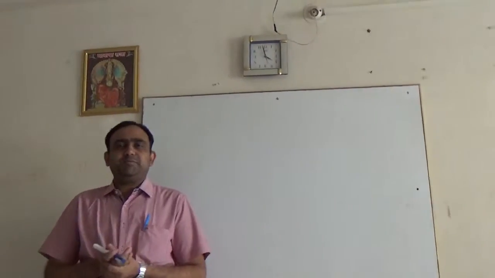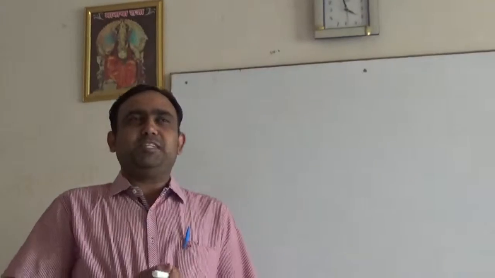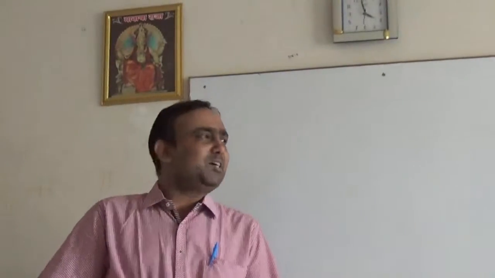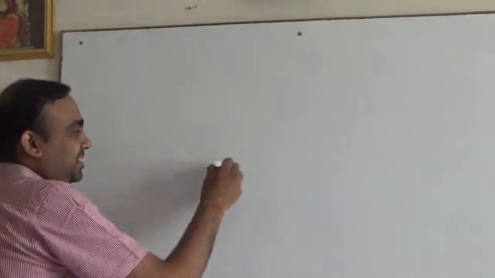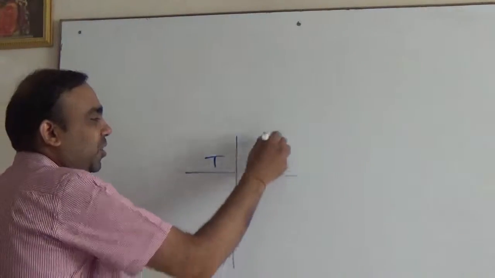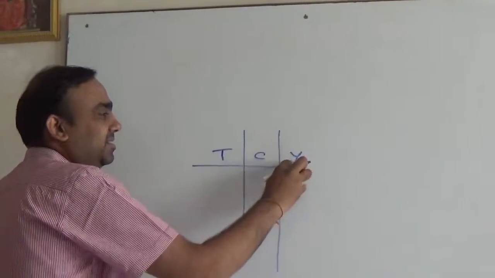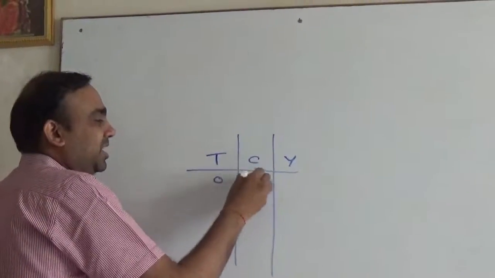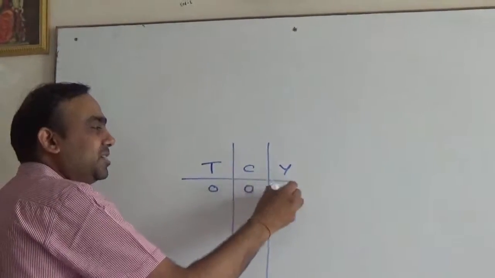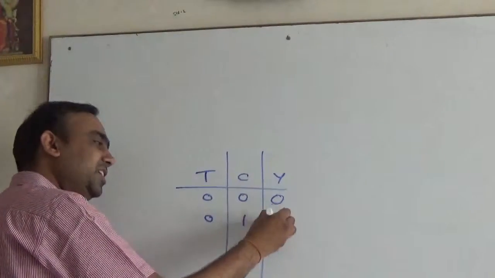So in day-to-day life also, we have to find out whether it is OR or XOR. For example, you go to some function and some instruction is given to you: either take a tea or coffee. This may be XOR actually. I will just show tea and coffee. If you don't take anything, it is not allowed. If you take a coffee, yes, it is allowed.